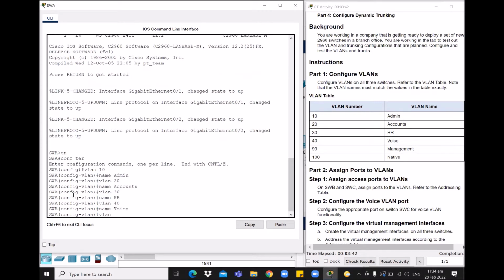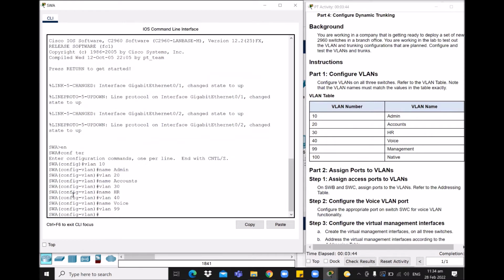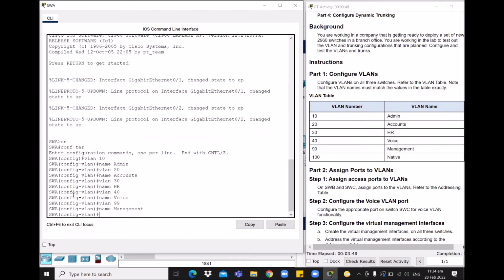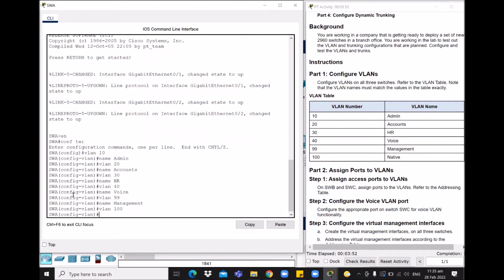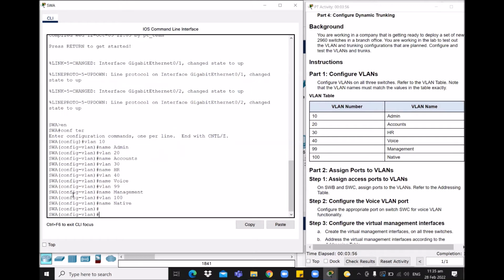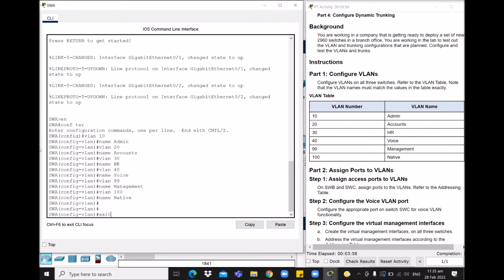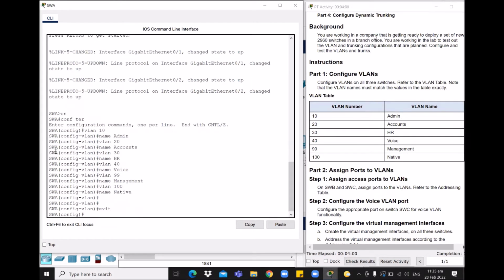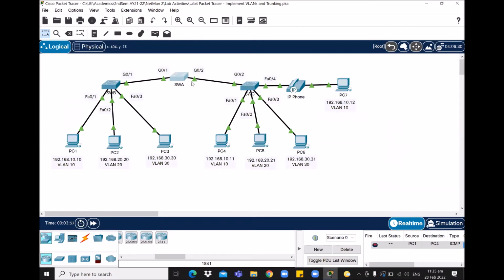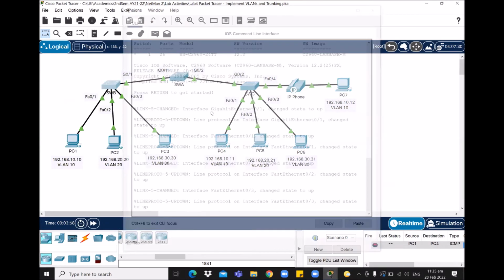VLAN 99 for management. And finally, VLAN 100 for the native VLAN. We're done with switch A. We'll do the same for switches B and C. For switch B,